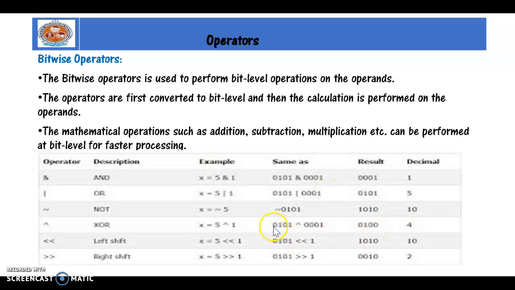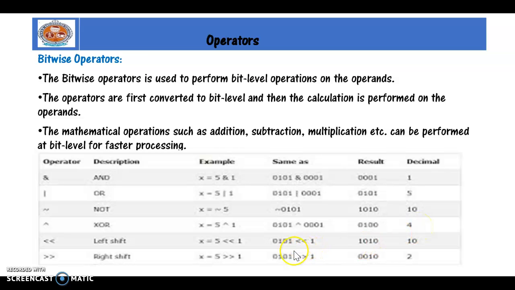If you observe here, 1 and 1 itself is 0. Then again, we need to convert this to decimal format, 2 power 0, 2 power 1, 2 square, 2 cube. Everything is 0 except 2 square, so the result is 4.